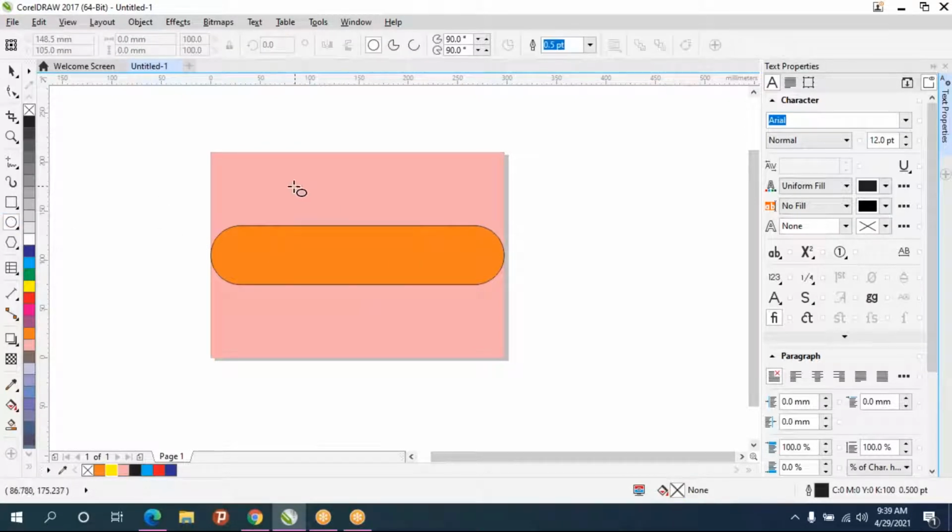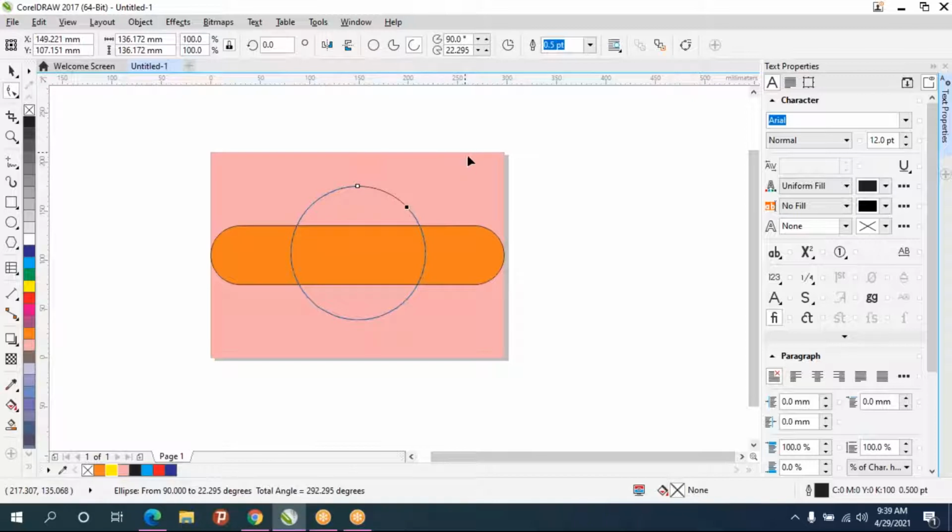And for circle also same thing. Take shape tool or F10, you can press and adjust the values. After selecting the point, if you move outward, it will make arc. If you move inside, it will make pie.